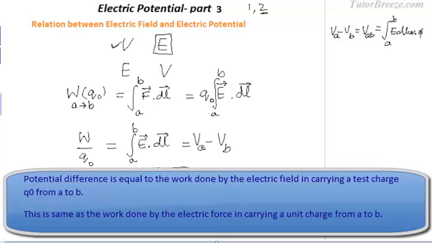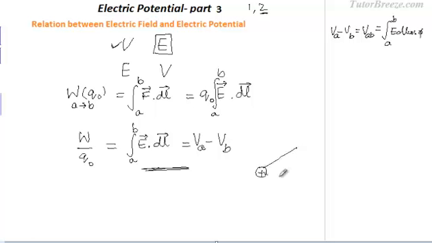Suppose we take a case when the work done is positive, which means, let's say you have a positive charge over here and you have an electric field which is outwards in this direction, and say we carry a test charge Q naught from a point A over here to the point B. Now in this case, since the electric field E and the path along which the charge is being carried, let's say we call this dl, are both in the same direction, so the work done will be positive.